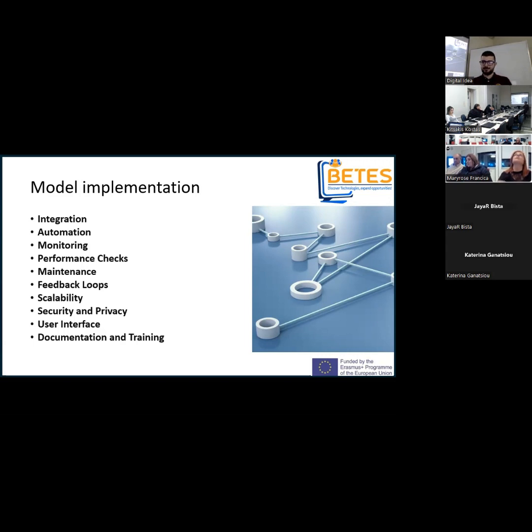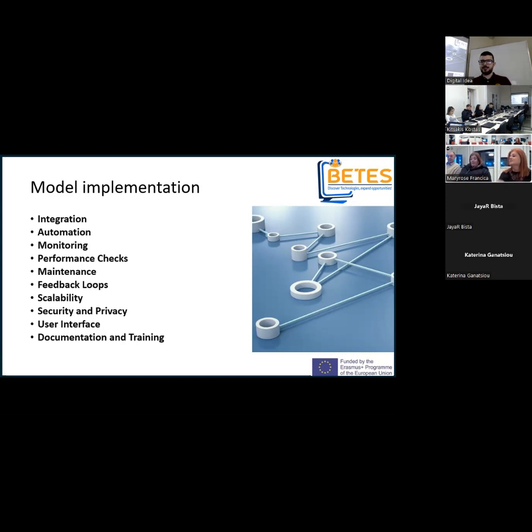The automation step, where the input processes operate in real time and/or batch mode depending on the application's requirements. Monitoring, we have to establish monitoring systems to track the model's performance.